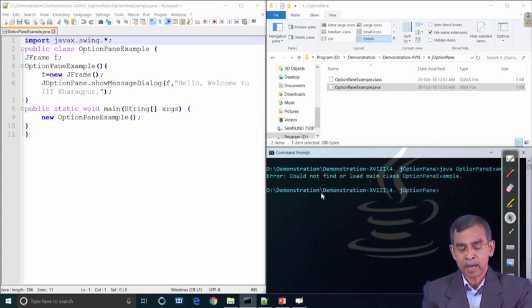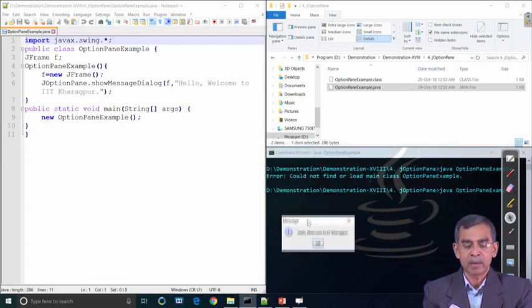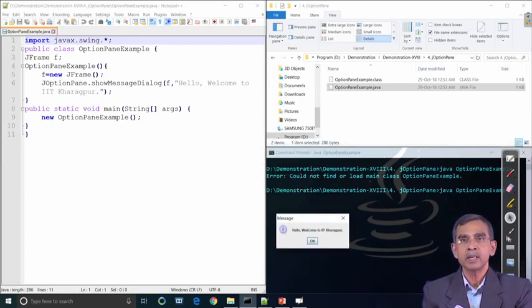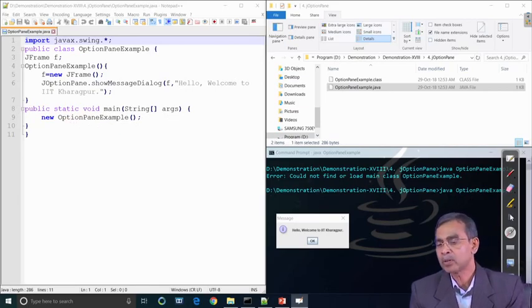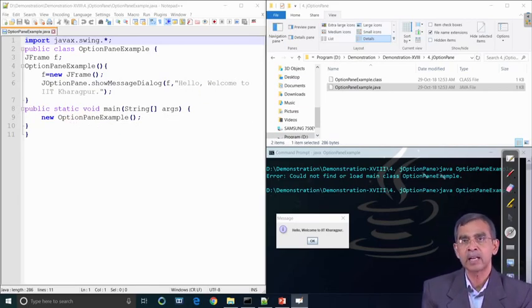Anyway, so this is an example of how such an option panel can be created. For these things, we have to use the class called JOptionPane, and then an object can be created using the show message dialog, and which dialog you want to add into this, that you can include. Finally, the other argument is in which frame, and finally this object will be created, and it can be added into the final program.